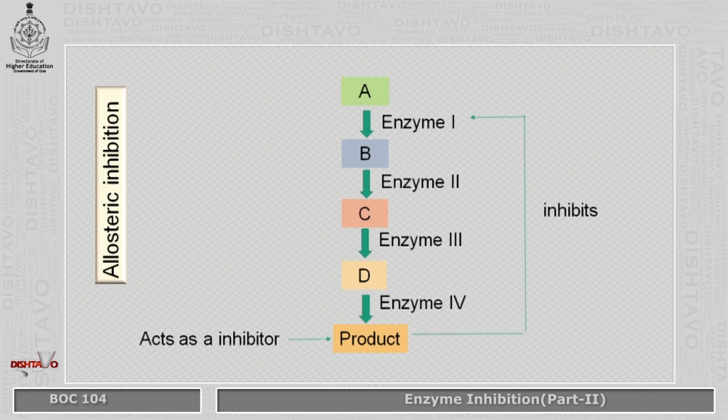Now, what is the importance or the significance of enzyme inhibition? Number 1, it helps us to study the mechanism of catalytic activity of enzyme. Secondly, it helps us to understand the regulation of enzyme activity. And the most important thing is these inhibitors have therapeutic applications, meaning these inhibitors can be used to treat or to cure a number of